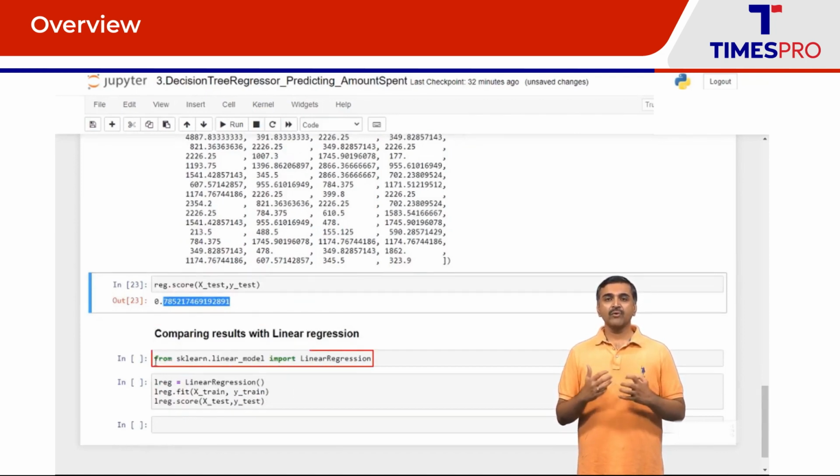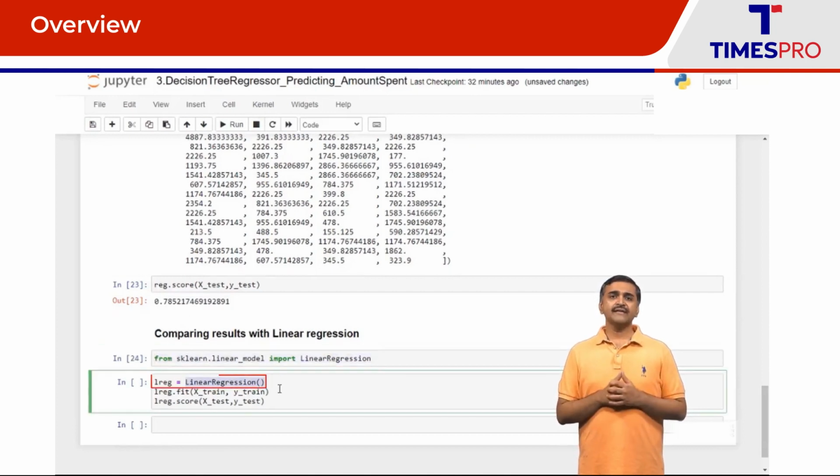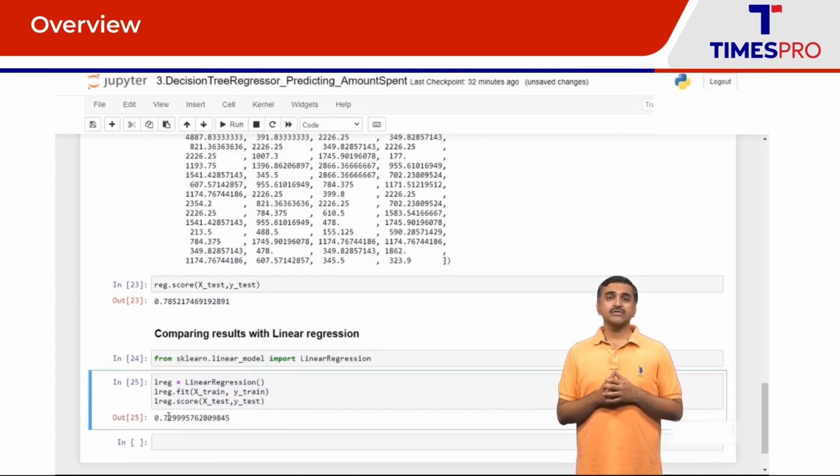So we are going to import the library for linear regression, instantiate linear regression, train the model by passing X train and Y train, obtain the R² value for the test set, which is 0.729 or 72.9%. So here we can observe that for this data set, decision trees result in a slightly higher R-squared value compared